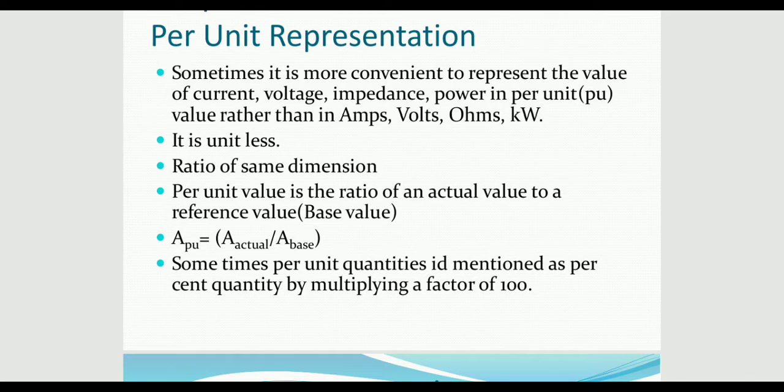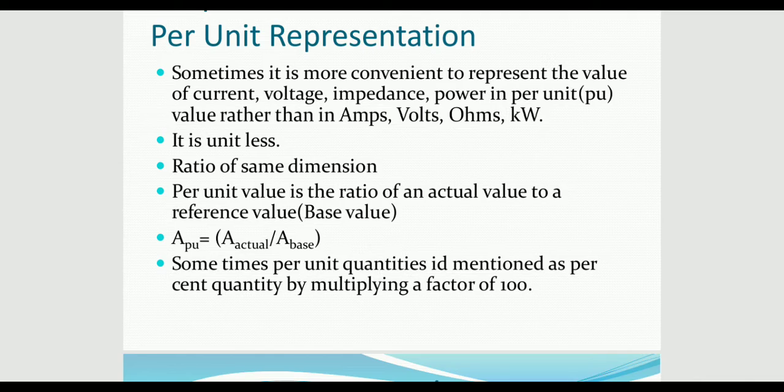So it is much better if you want to get an equation for current or voltage or impedance or admittance or reactance or power for a given circuit, to represent all the values of those currents or admittances or reactances given in the circuit in terms of per unit, that is 1 per unit, 2 per unit, 0.5 per unit, j 0 per unit. Then it is very easy to get the solutions than to solve the equation by considering the value of current in terms of amps, voltage in terms of volts and power in terms of watts.